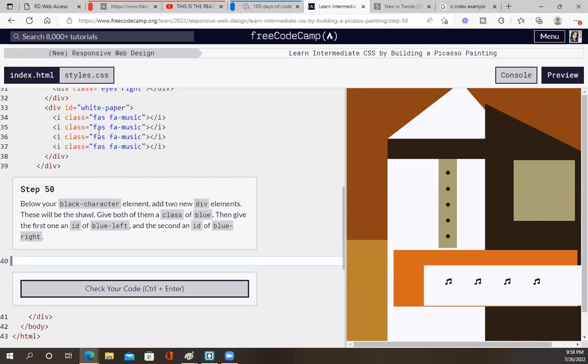Below your black character element, add 2 div elements. These will be the shawl. Give both of them a class of blue, then give the first one